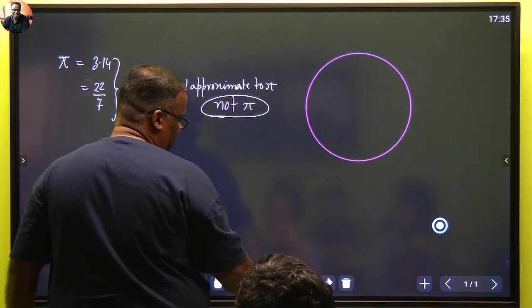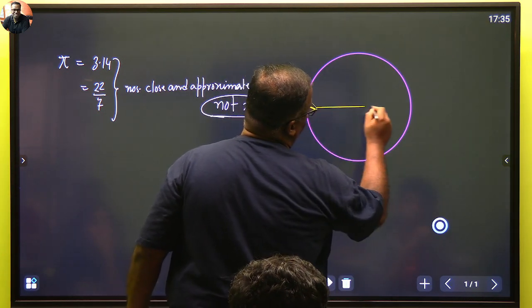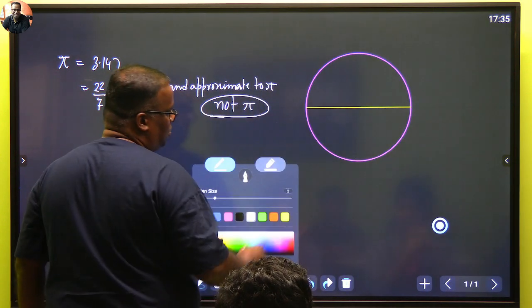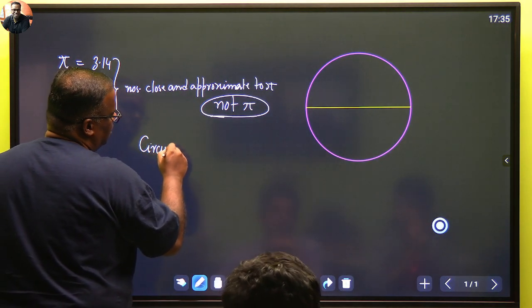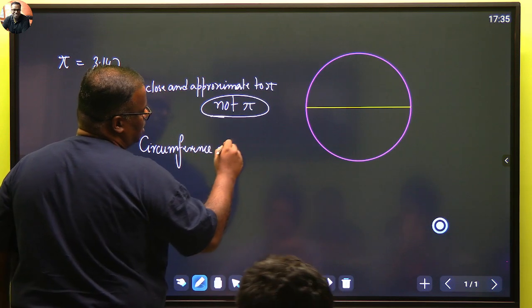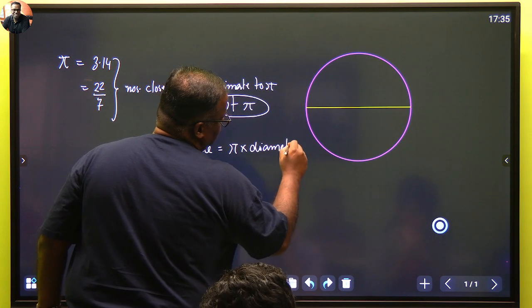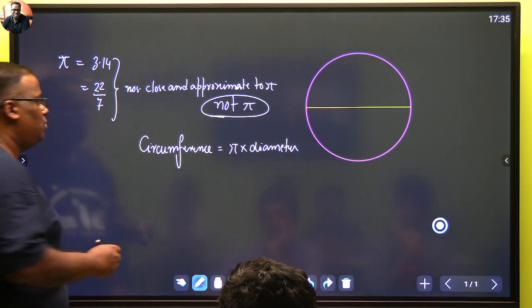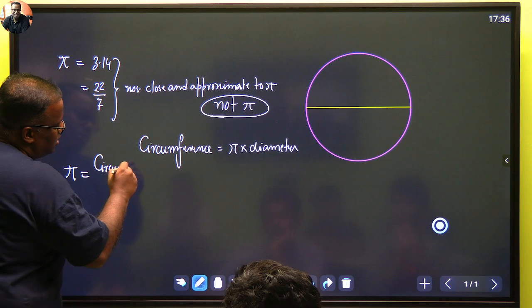If you take a circle, then what we see is that we have a diameter like this, right? And if you go by the expression for the circumference of the circle, which is also known as the perimeter of the circle, the circumference is given by pi times the diameter. You are aware of this, right? 2 pi r means pi d. So we can write pi to be a ratio of circumference